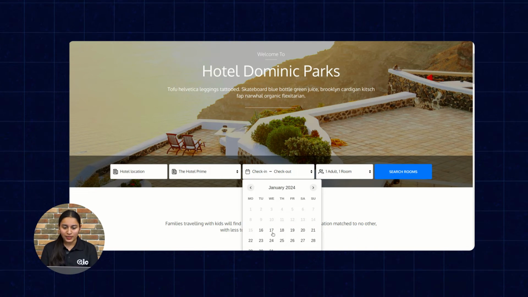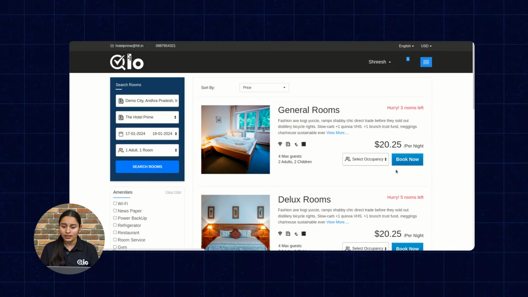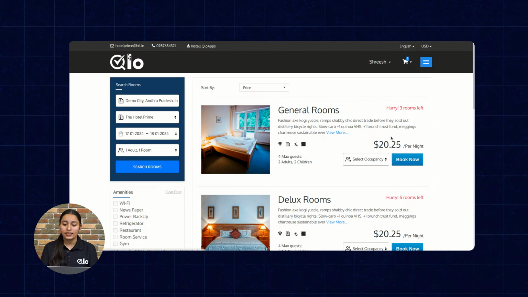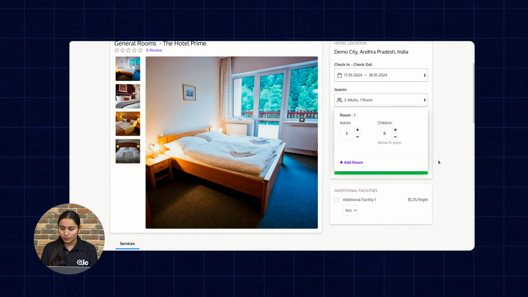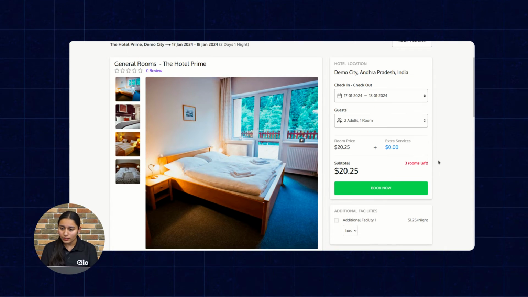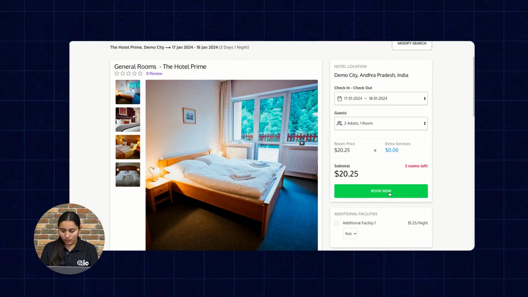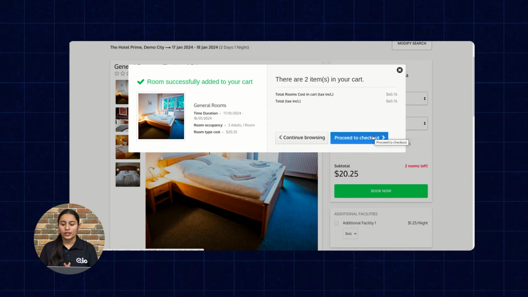So once your guest enters the basic details, that is the hotel, the check-in, check-out date and occupancy, the next step is selecting the rooms which they want to book, and then adding them to the order. Once they add the particular rooms which they want to book in the cart, they'll click on the book now button. The next thing is to proceed for checkout. So once they click on the proceed to checkout button,